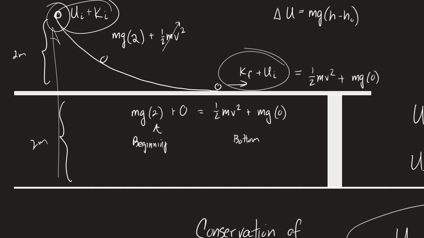And the best part is, I don't care what happens in the middle. It doesn't matter. The gravitational force is path independent. So whatever happens in the middle doesn't matter. All I have to do is set these two states equal to each other. And I hope you see something important here. I don't have to give you the mass of the ball. Do you guys see that too? That won't always be true, but if all I'm asking about is the velocity of the object, apparently the mass doesn't matter.